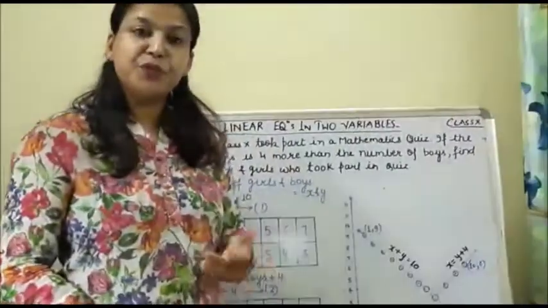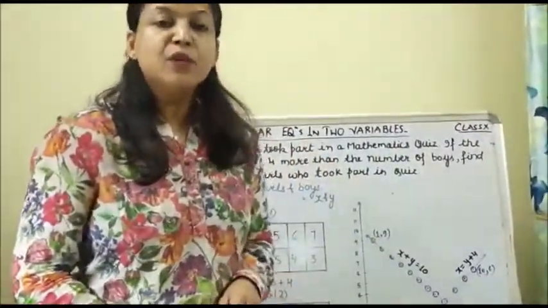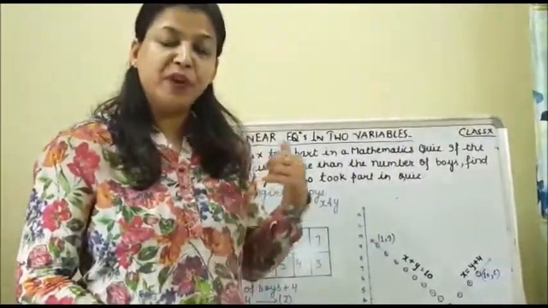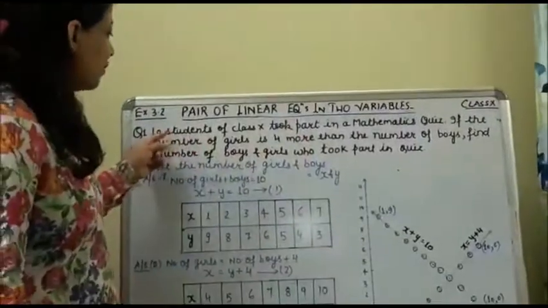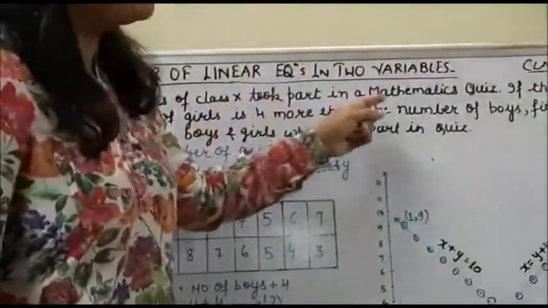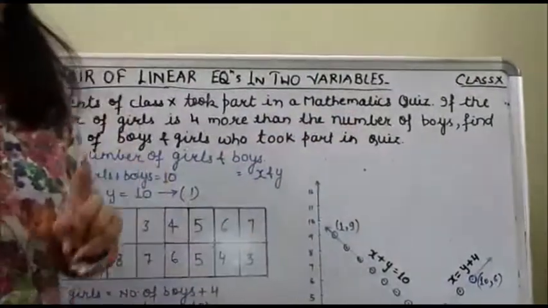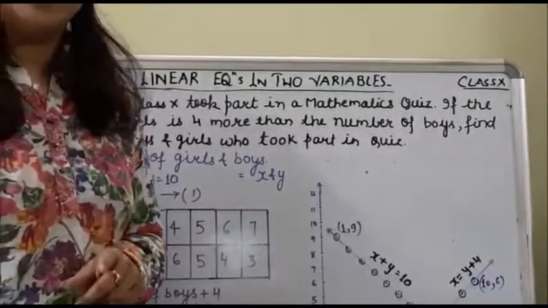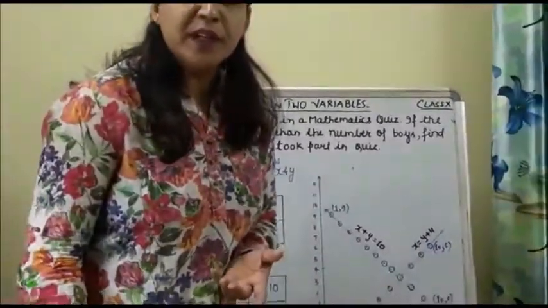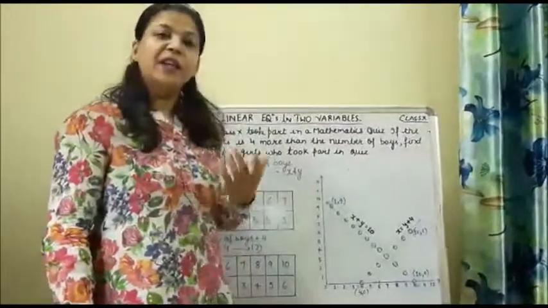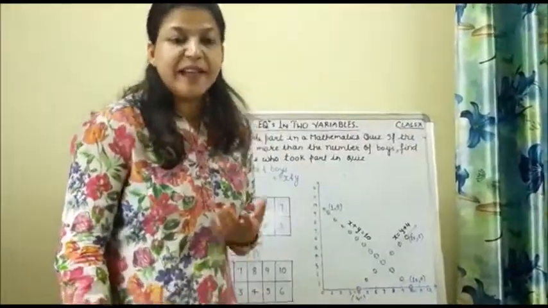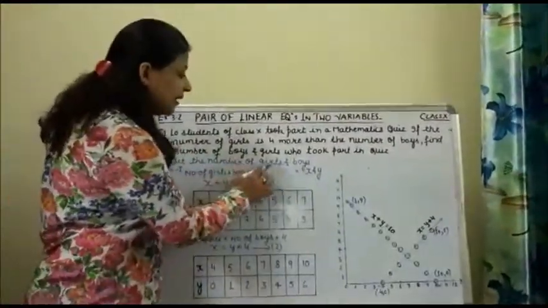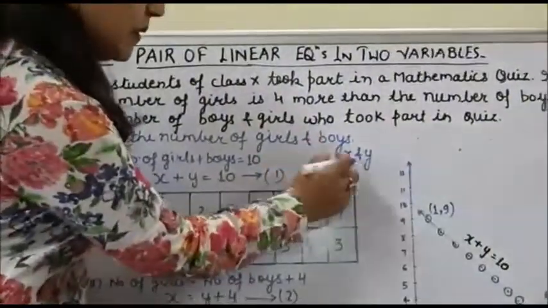Mathematically you are not supposed to show, you have to show by graphically. So for that, what do you need? You need two equations which we will frame from the given conditions. So what they said, total students are girls and boys, and total students who took part are 10. So what do I need to assume? Let the students of class 10 are girls and boys. You can say let girls are X and boys are Y. So what we had assumed, let the number of girls are X and number of boys be Y.